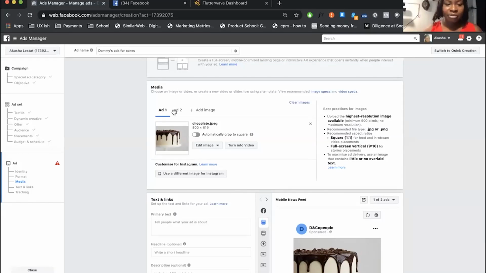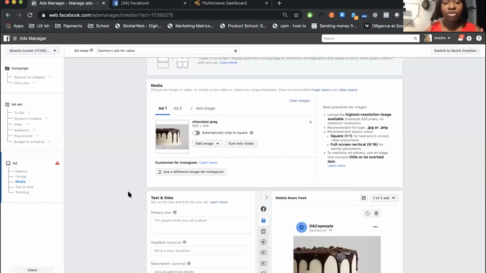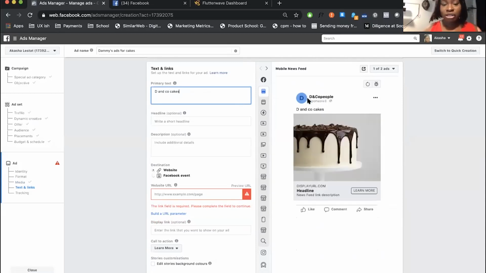So I have added my two photos for my ads. These are the photos that people are going to see, right? So the next thing I'm going to do is fill up the details for my ad. My ad is saying D and Co Cakes. That is the name of my business. And immediately you see that it's up there, right? So what do I want people to see?